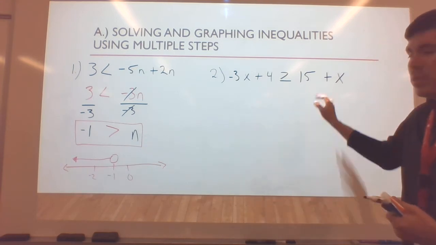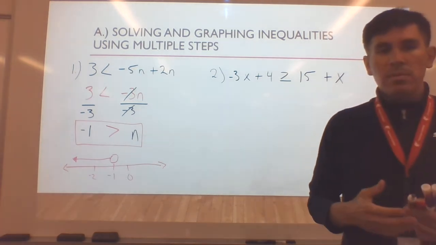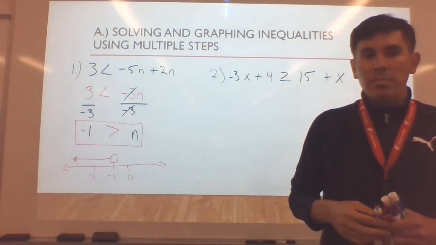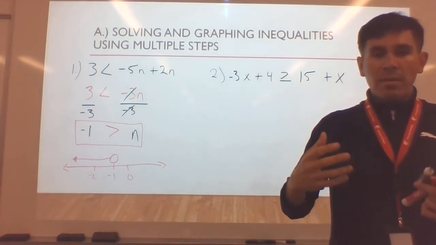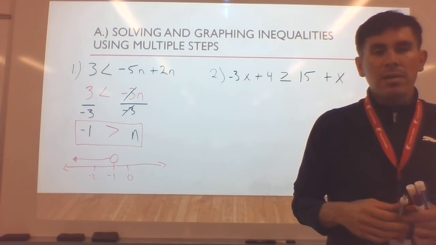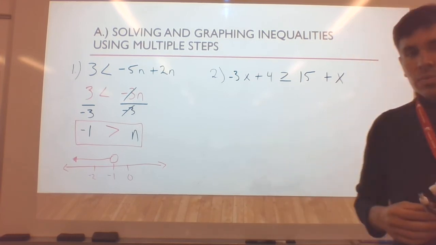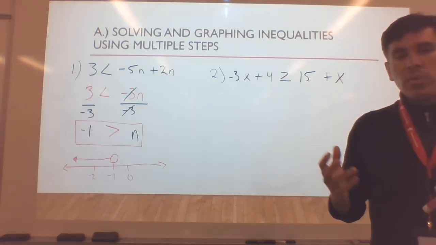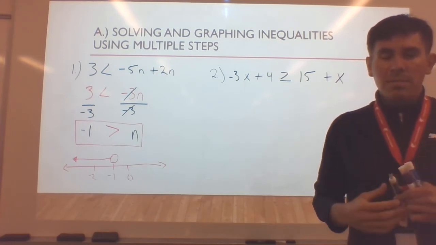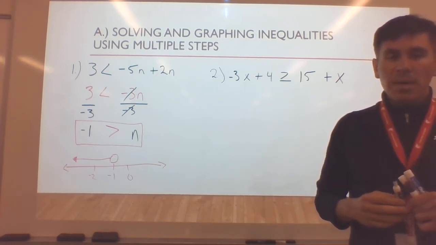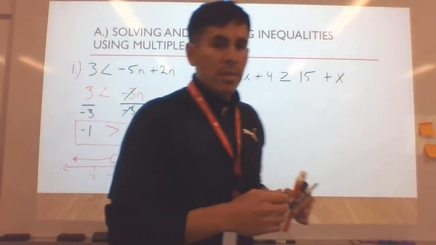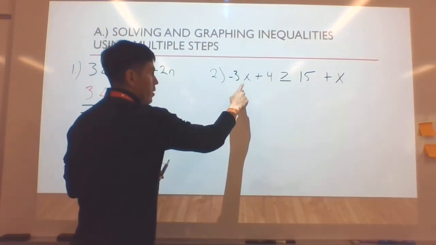Over here we have 15 plus x. Again, they're different terms, so we can't combine them. So then the next step is, I want to move all my variables to one side and all my constants, all my numbers, to the other side. Be careful which way you move. You want to end up with positive variables. So I'm going to choose to move this guy first,